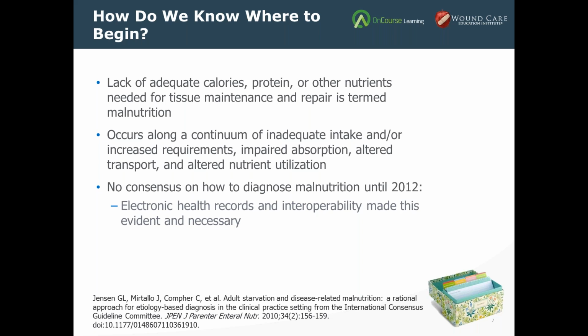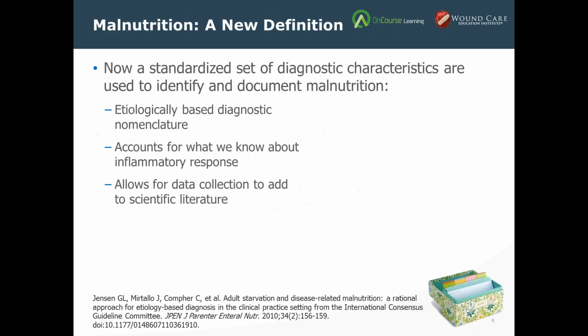And until 2012, there really was no consensus. What I called malnutrition may not be what my colleague called malnutrition. It was really just everyone for themselves. But now, because of electronic health records and the future of interoperability, where health records should be able to talk to each other no matter where you're located, it's important that we all use the same terminology. How could records talk to each other and be understood if we're all defining malnutrition differently? So now we have a definition. There's a standardized